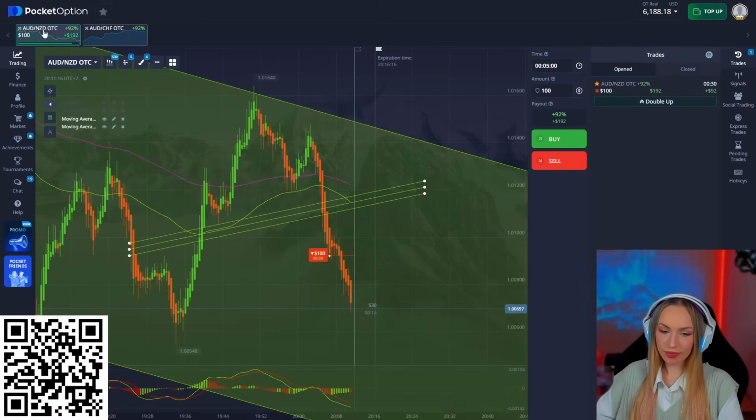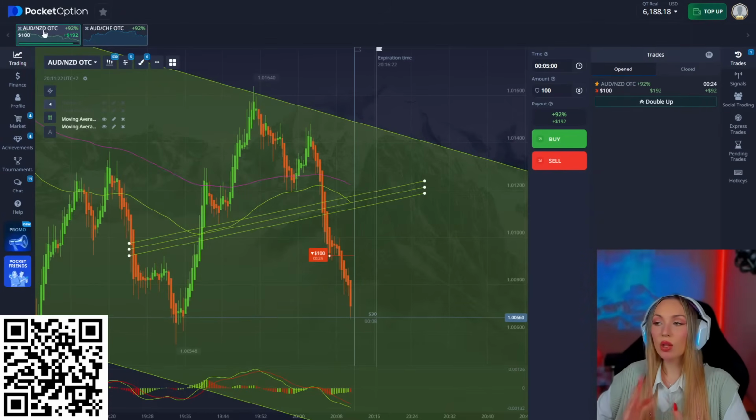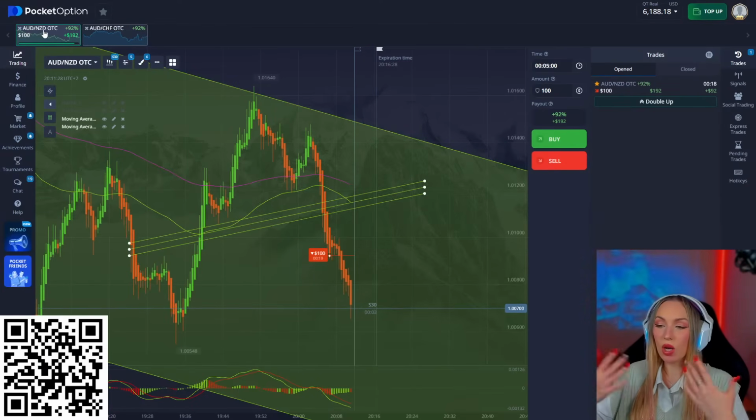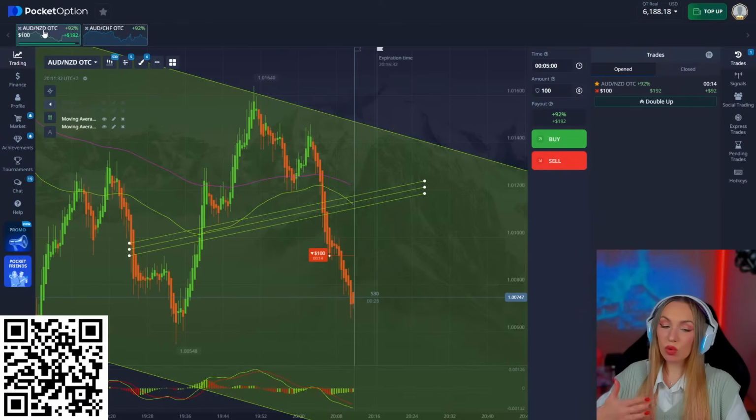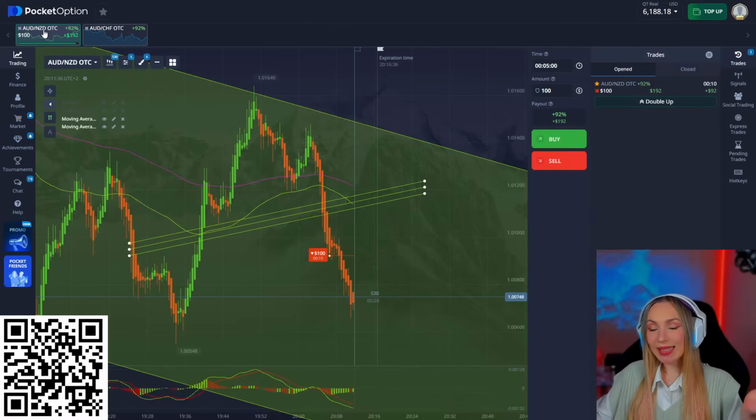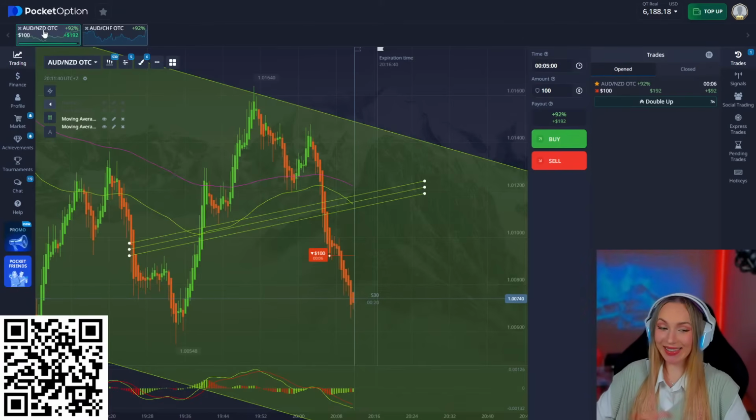So if you see the signal but it's the first time you're operating for the day on this chart, you better watch, and then if the first signal was really good, on the second you can enter, because you already watched how the price is behaving on this chart, how it's moving, if it's fast or if it's slow. And the last 10 seconds, and we can say that it's a 99% profitable trade on